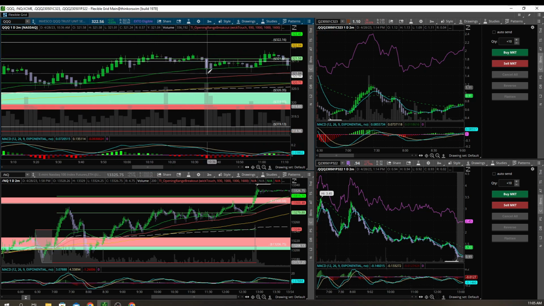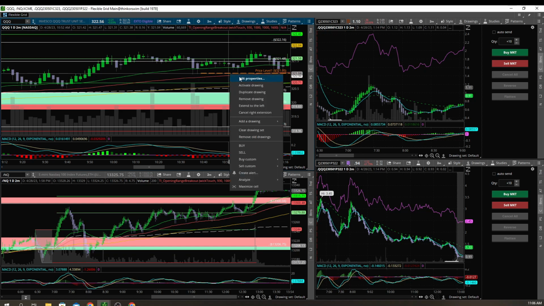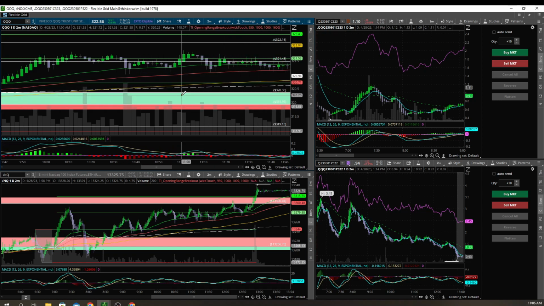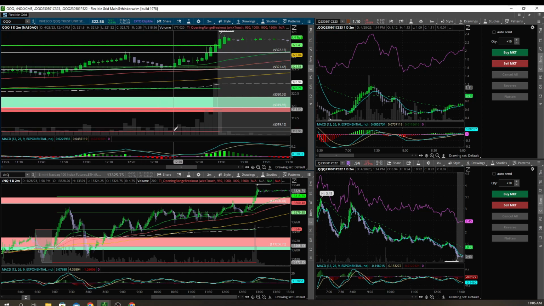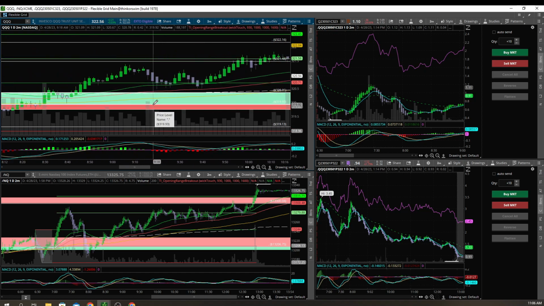Dropped back down, broke the 50, never broke the 100. Took a position right here. You see all these. We could have easily marked the support zone right there, but you guys get the gist of it. It's not hard to trade. It's hard to master your emotions, and that's where a lot of people mess up and start losing money. But mark your zones, respect your stops.